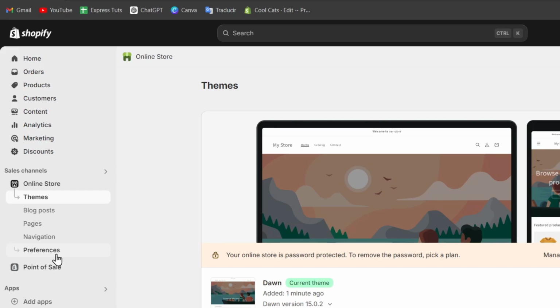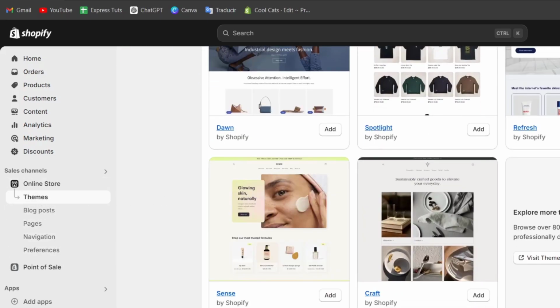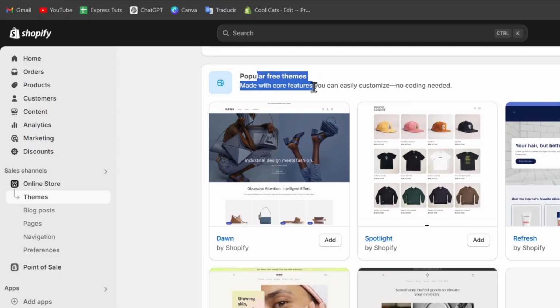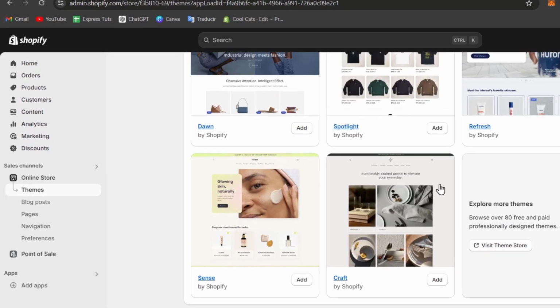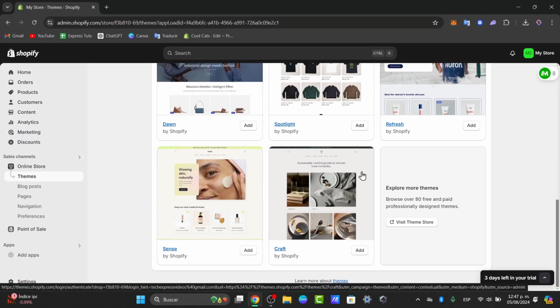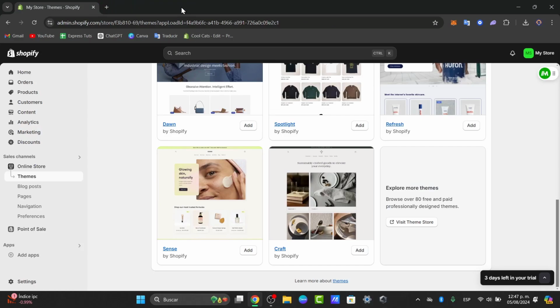So to get started with an actual customization of a theme, focus on themes. Inside here, you can scroll a little bit down and look for the section that says popular free themes. You have this one by default, called Dawn, but if you don't like it and want more that are totally free, then visit the theme store. There are more elements that can help you get started with Shopify. Choose the one that you would like to, and then I'm going to show you something else,